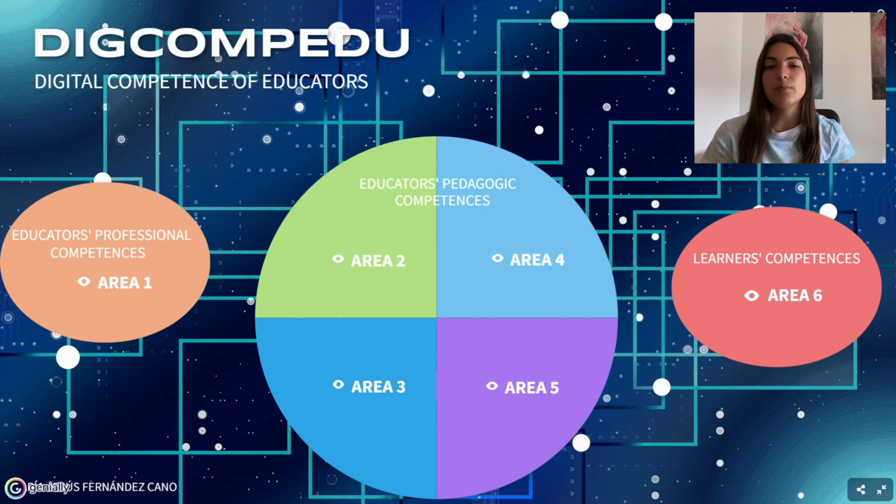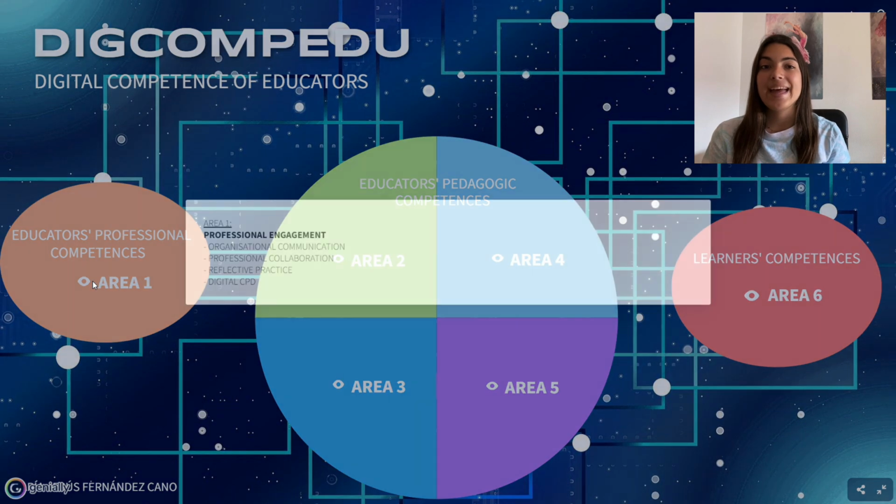It identifies the key components of digital competence in 6 areas: professional engagement, digital resources, teaching and learning, assessment, empowering, and facilitating learner digital competence. Choosing 3 of them that I consider more relevant are: inside of the educator's professional competence, the area 1, professional